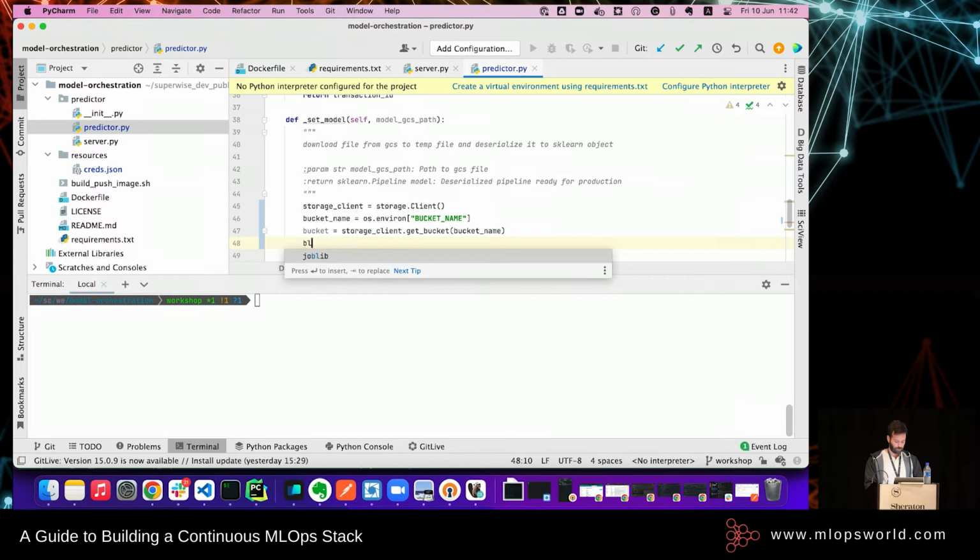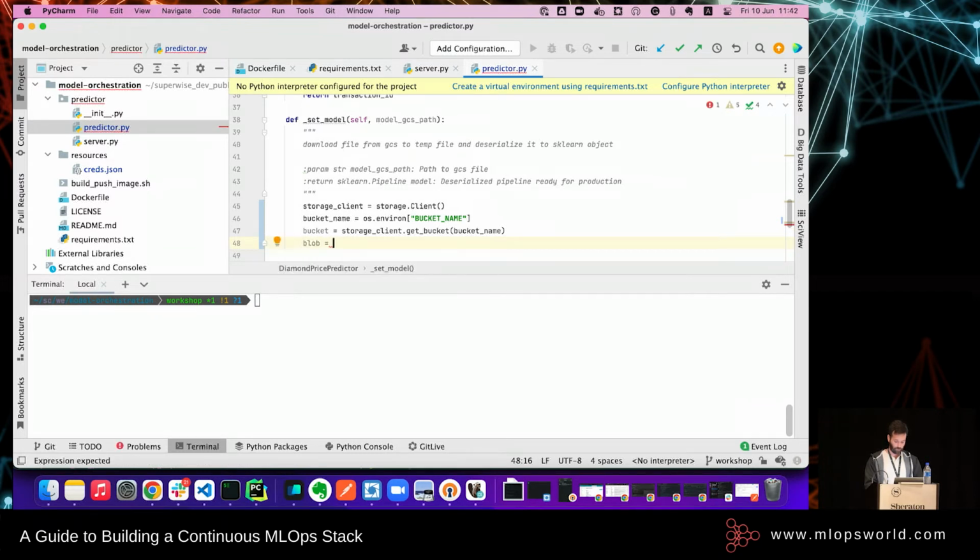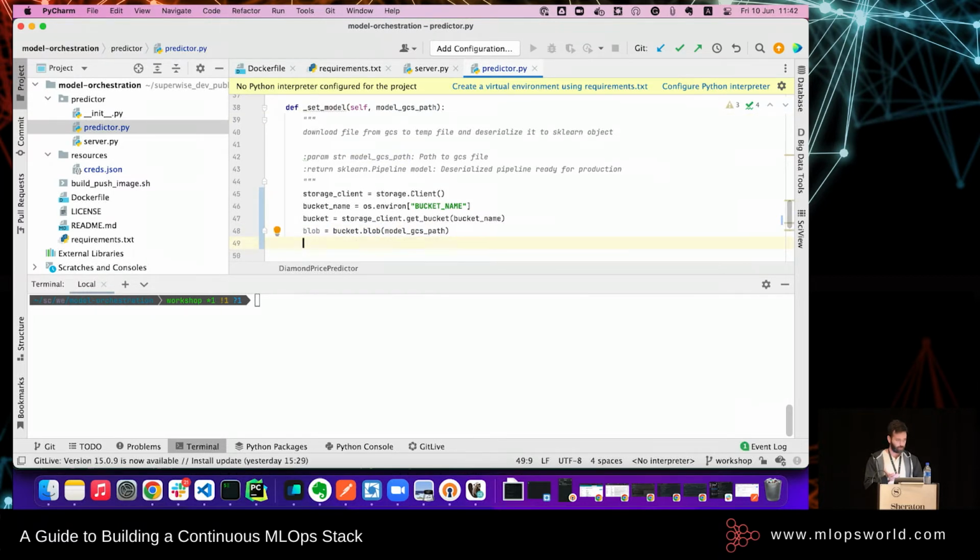And we're going to use a blob bucket. I have some safety net here. So great. So blob would be bucket blob of model, this one. Great. Now we can read from that blob.